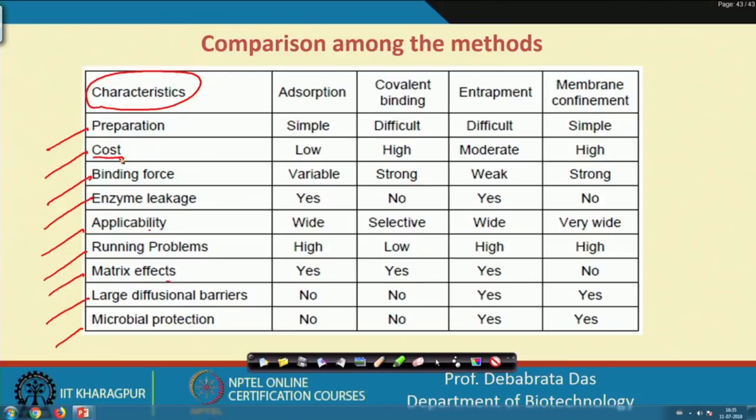I can give a typical example. In case of preparation of this biosensor, usually we use the platinum foil. Am I right? Now platinum foil, as you know, platinum is more costly as compared to gold. But platinum always has greater application. Why does it have a lot of application?